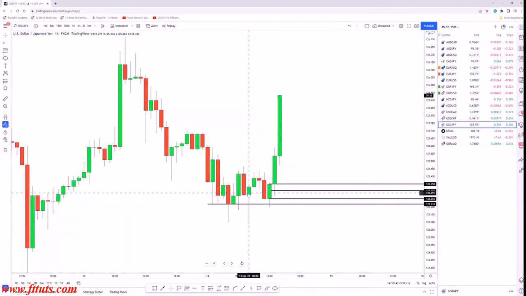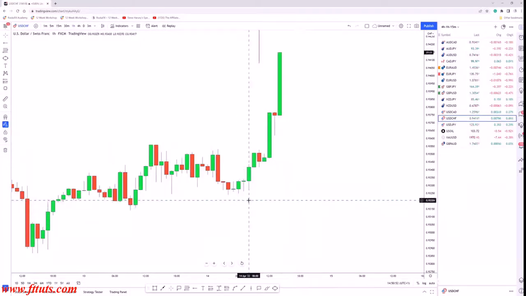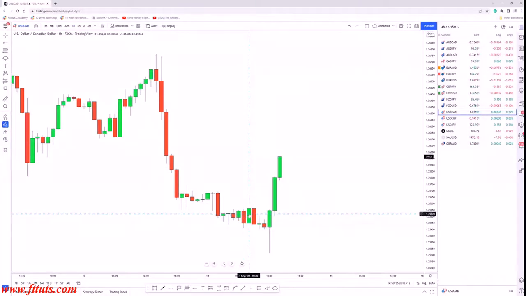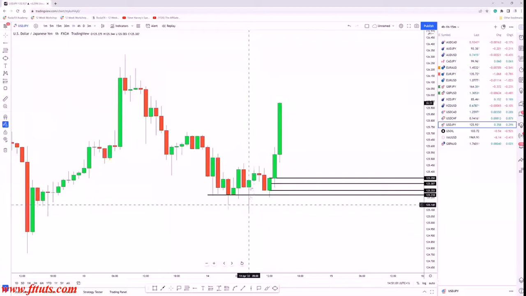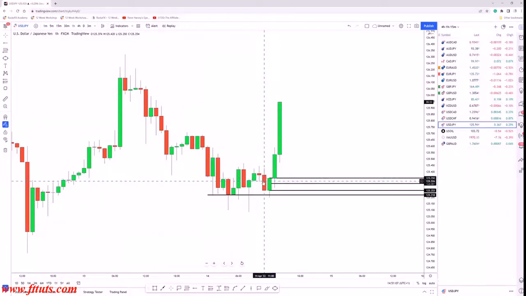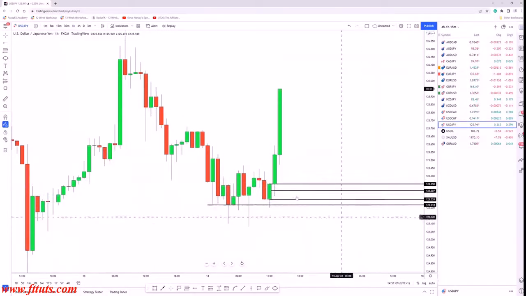Now, at 8 o'clock in the morning, you can see that price is still failing to continue to push higher. We tried to break back to the downside. We're failing. At 8 o'clock, do we have volume? Yes, we do. If you wanted to take a buy here, would that be incorrect? No. Okay. Now, where is the next opportunity to take a buy? The only next opportunity to take a buy is here